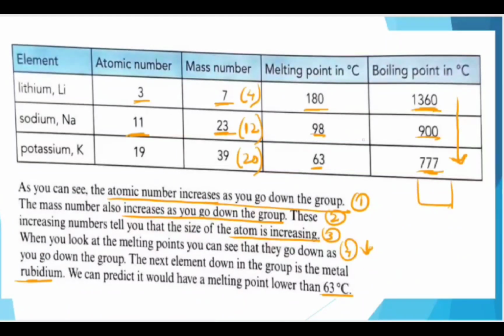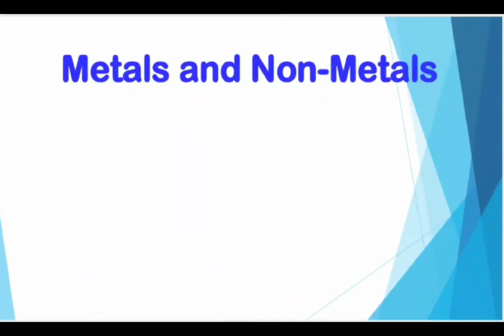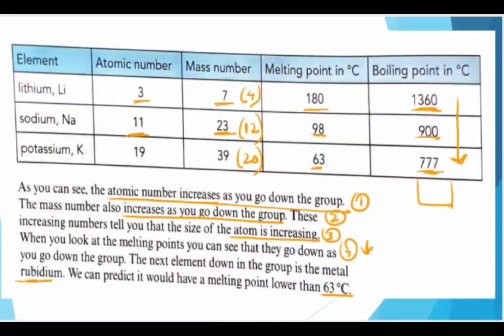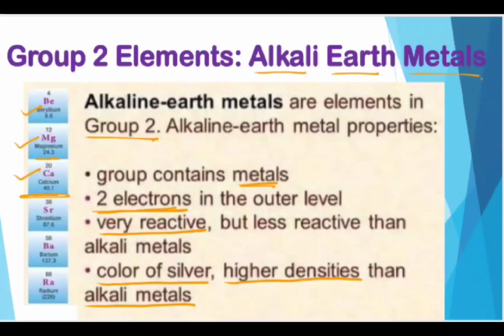It is decreasing. Boiling point and melting point are decreasing. So the boiling point here is decreasing, and here it is increasing. So exactly opposite, children. Study it that way,